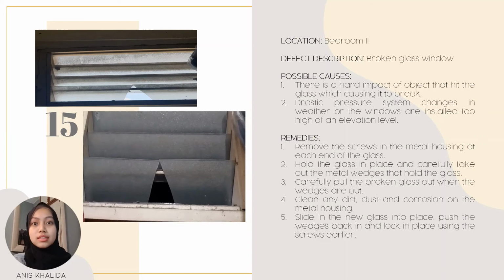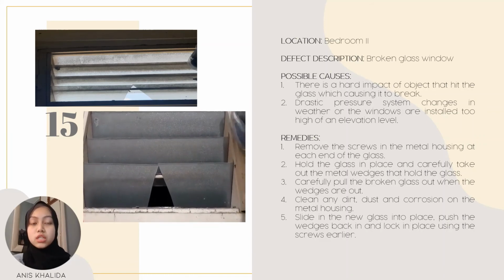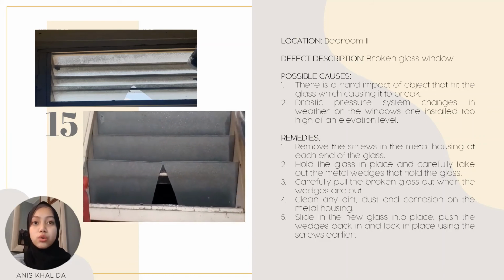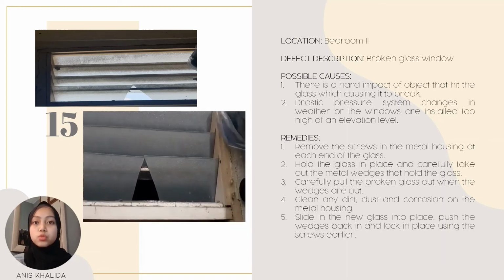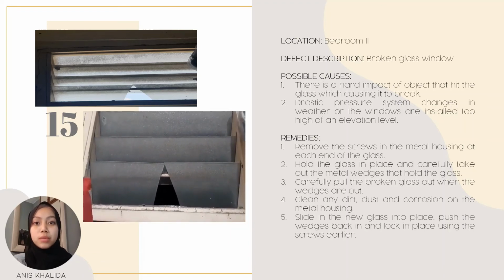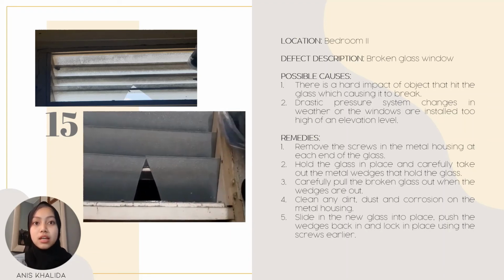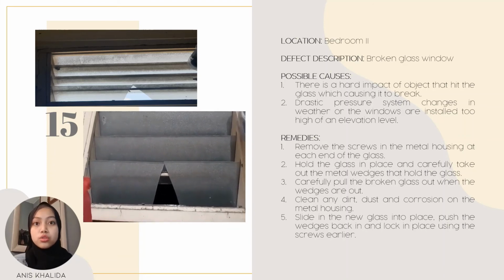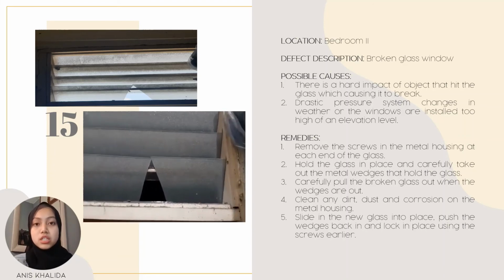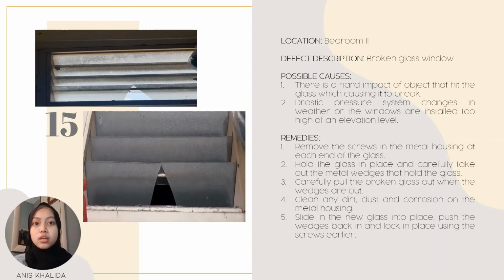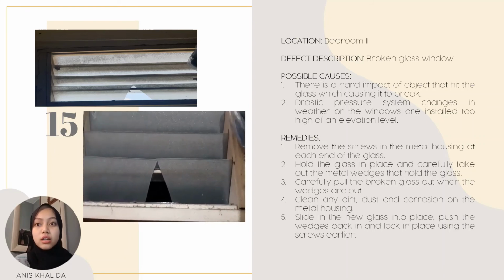Next is the defect number 15, which is about a broken glass window that is located in the bedroom too. The broken glass may be from an object that hits the glass hard. It may also be caused by drastic pressure system changes in weather or windows installed at too high of